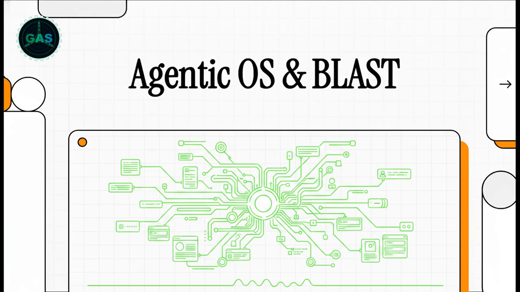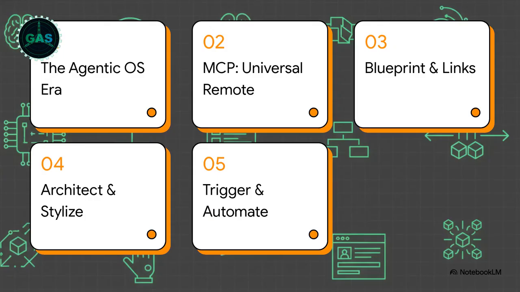Today, we're diving into an absolutely massive paradigm shift in how we build software and automate workflows. We are moving way away from those traditional node-by-node workflow builders and stepping right into the era of dynamic, thinking Agentic OS platforms. We're going to explore how you can build full-stack, enterprise-grade applications without writing a single line of code, just by having a conversation with an AI. It's a real game changer. Okay, let's dive into this.